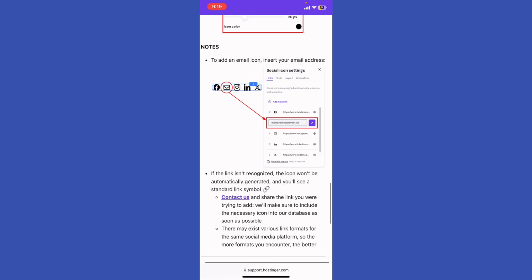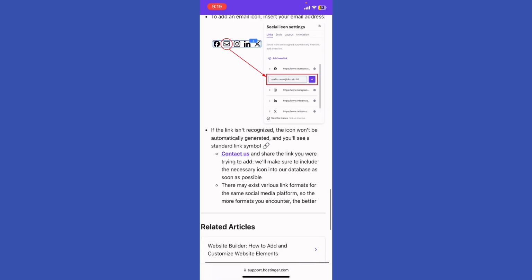So if you want to add the email icon, you can insert your email address, right, and add that new email address. And if the link isn't recognized, the icon won't be automatically generated, and you will see a standard link